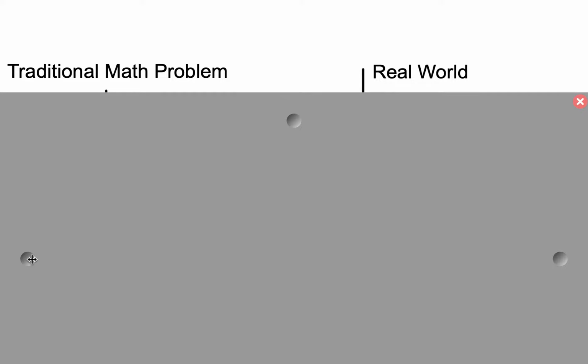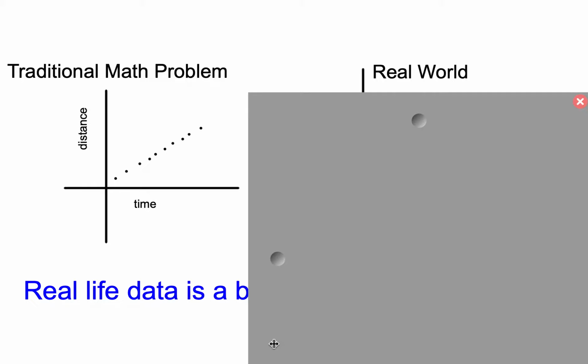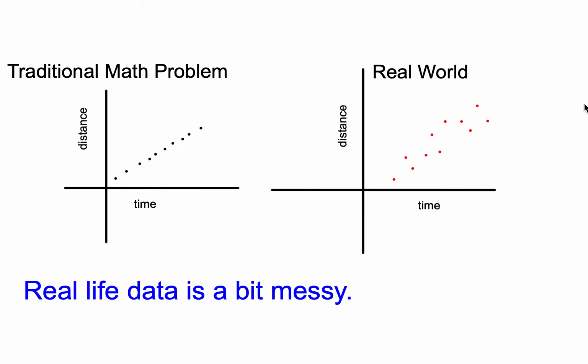In a traditional math problem, for example, if you were looking at how far someone can run in a certain amount of time, things tend to line up really nicely. Maybe you're going the same speed. The real world tends to be a bit more messy. For example, each one of these dots could represent a different person, running for a different amount of time, and